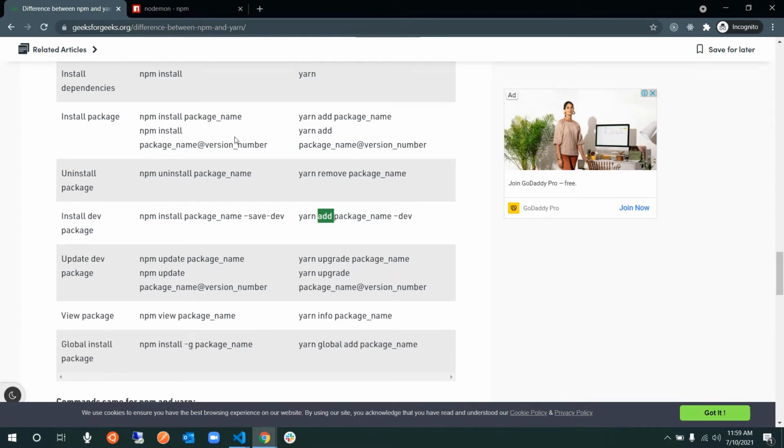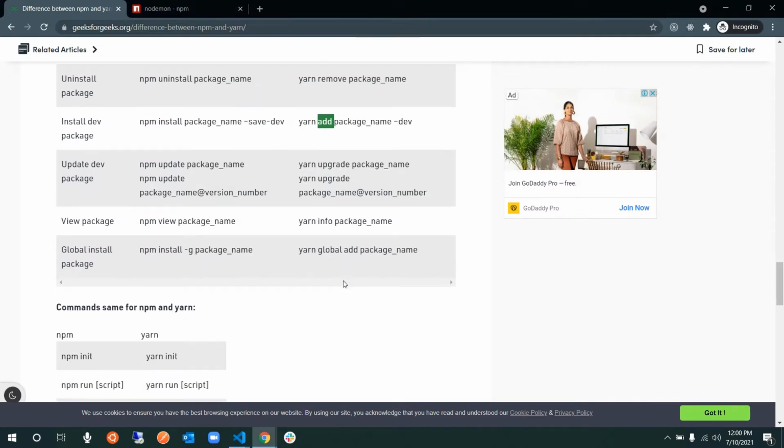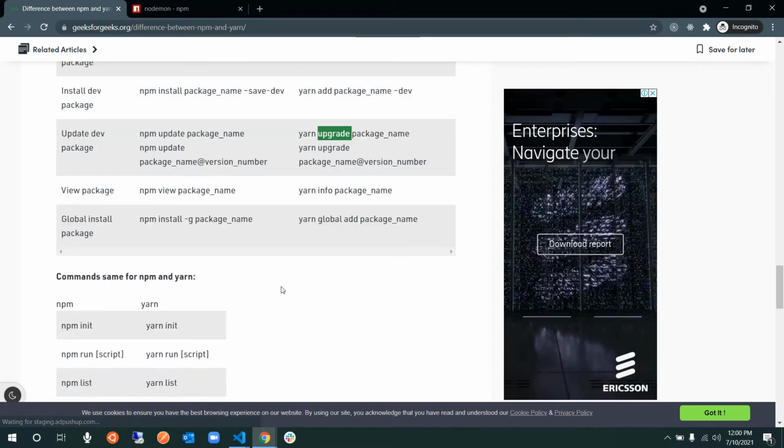And we also know how to do multiple library installation: follow each package one by one, just give a space in between, like npm install firebase nodemon, whatever it is. The same goes for yarn as well. And if you want to upgrade something, update is the keyword that you use in npm, whereas upgrade is the keyword that you use in yarn. So that's about it.